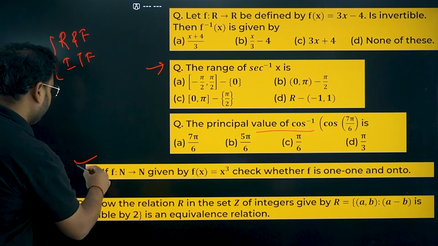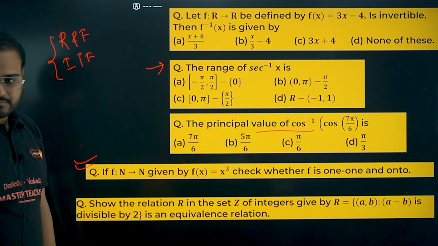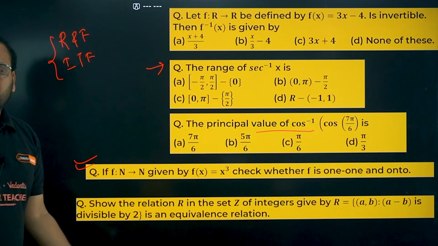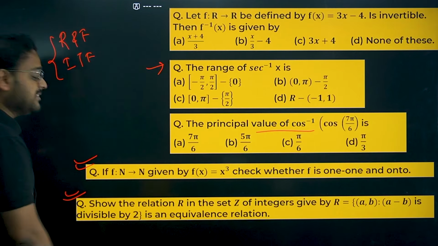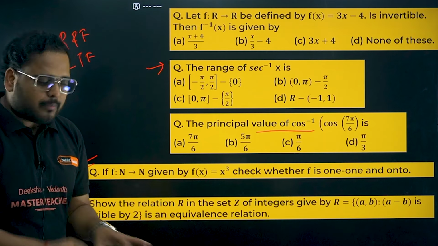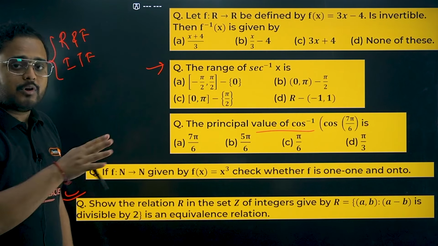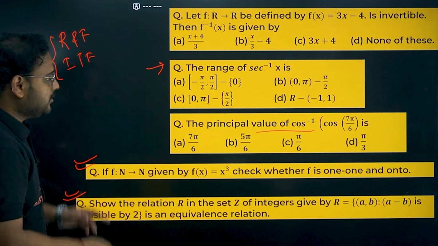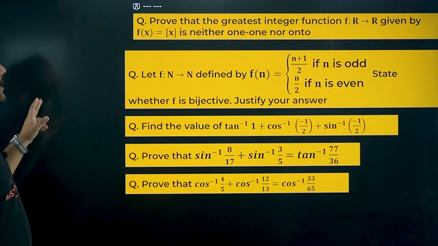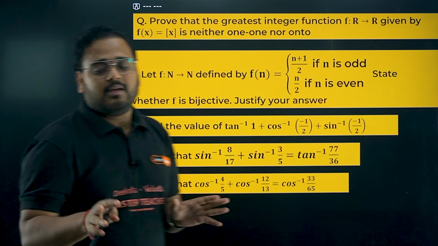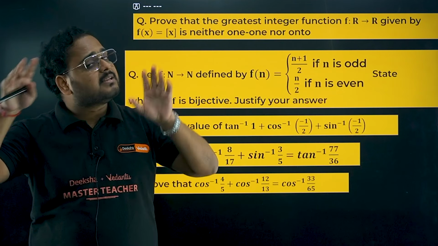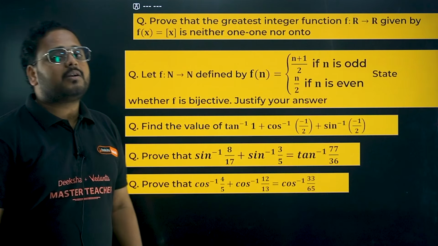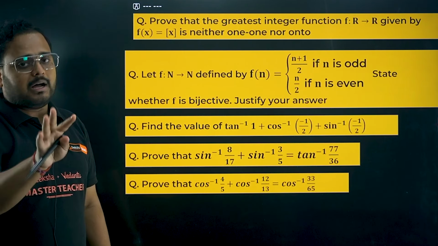Again, for one-one onto function, we have x cube. And proving the equivalence relation for divisible by 2, I have done this question. Please go ahead and revise these. If you want to practice some problems, I've given them over here. If you have some time to review the questions, I've taken easier and important ones on the screen. Take a screenshot and revise these problems. You can get the answer anywhere. If you don't have time to figure out where I've solved this, it's okay. Take the screenshot, upload it on any of the web and get the result online and solve it from there. But review the answers, okay?